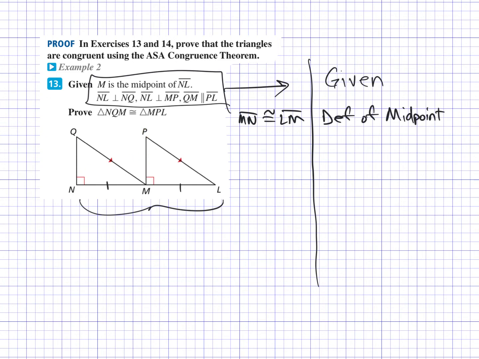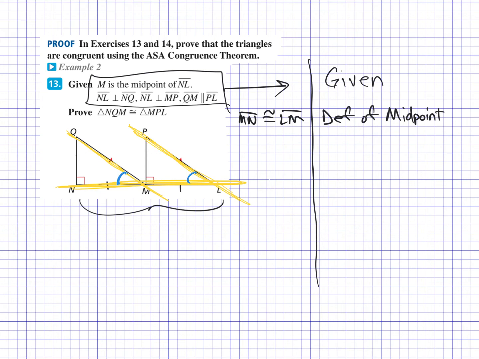All right, so we should mark that. Let's see, QM. Oh, it is marked right there. Those two are parallel. Okay, so if those two lines are parallel, let me draw this in yellow. So we have that line right there. It's parallel to that line. And it's cut by this transversal, which makes